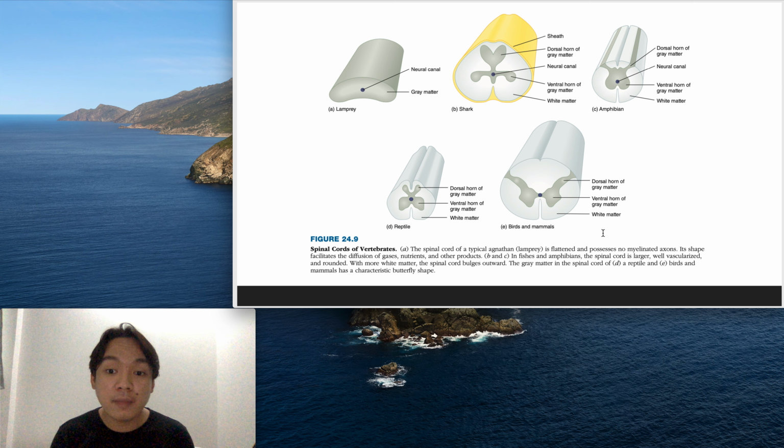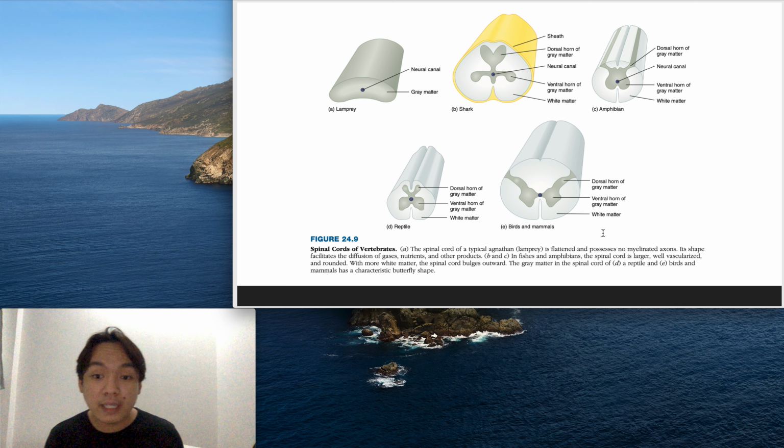The first one is from a lamprey. It's flattened, take a look at it, and it has no myelinated axons. Its shape will facilitate the diffusion of gases, nutrients, and other products. Okay, for B and C, the shark and the amphibian,